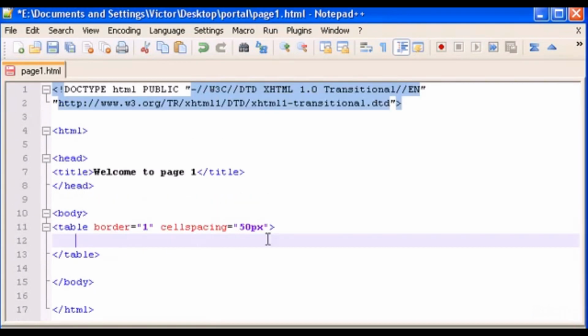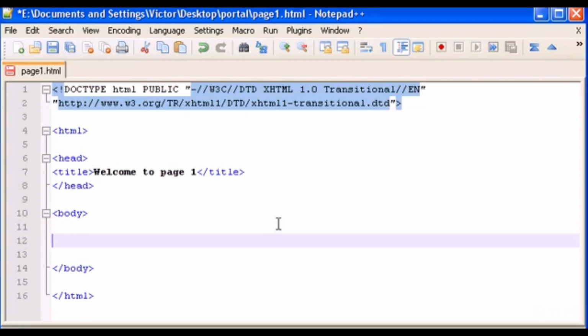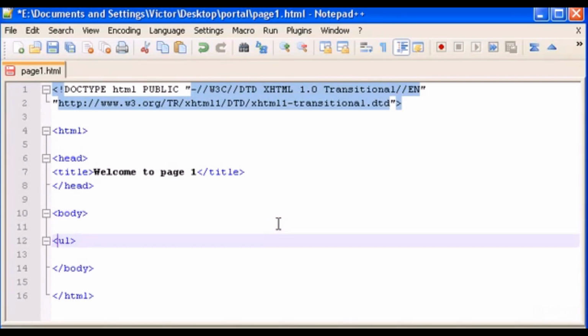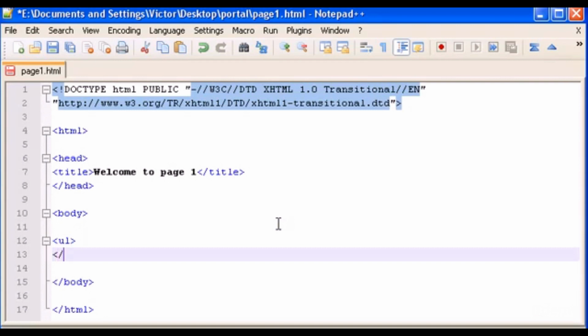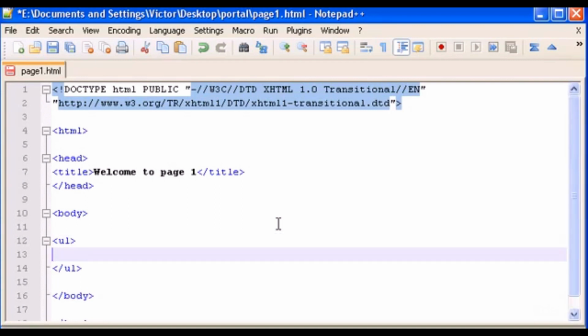in the top, we can go and erase the table of the last tutorial, and let's start by doing some lists. There are 2 types of lists. One list we can write with the UL tag, which stands for an unordered list. So let's start with this type of list, and inside the UL tags